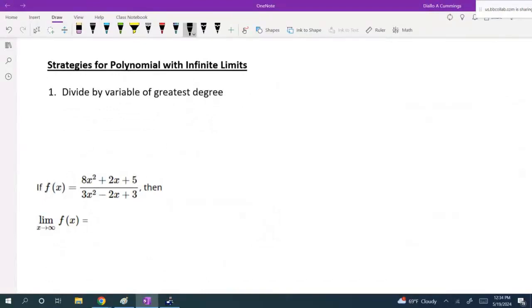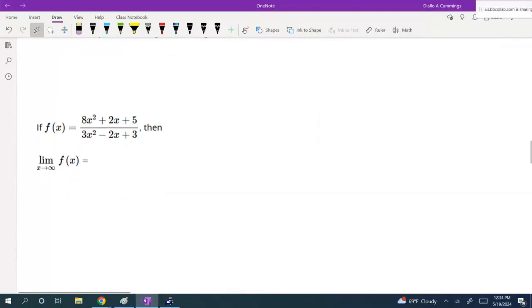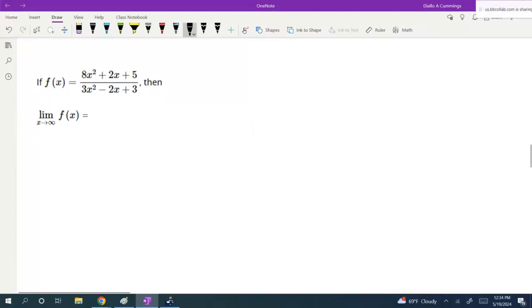So here's the strategy. We want to divide by the variable of greatest degree. If we look at this function, 8x squared plus 2x plus 5 over 3x squared minus 2x plus 2, we see that the variable is x, and the greatest power of x is the second power. So I'm going to divide every term by x squared. This is the strategy you use when you find infinite limits. So I'm going to write this out as